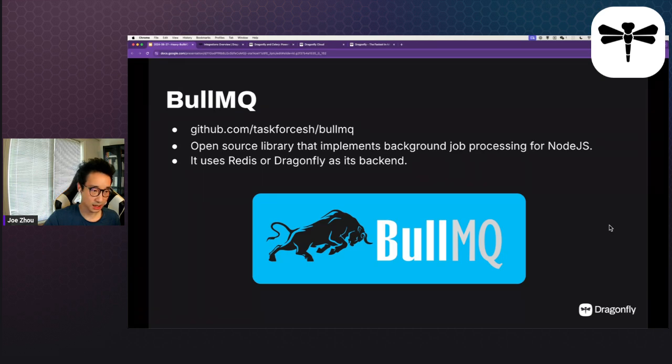And BullMQ uses Redis or Dragonfly as its backend storage system. So it's a framework that's built on top of Redis or Dragonfly. And we're not saying this just because Dragonfly is compatible with Redis, right? I'm going to tell the journey story a little bit later, but we actually worked with the BullMQ team and other maintainers together in order to make this integration happen,